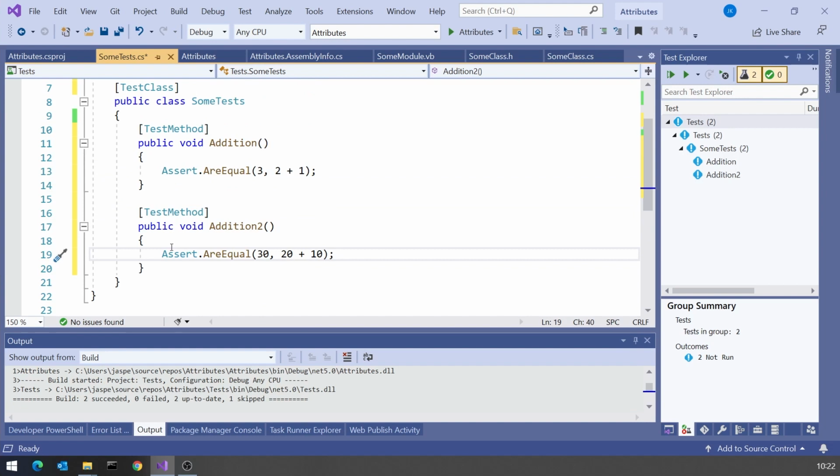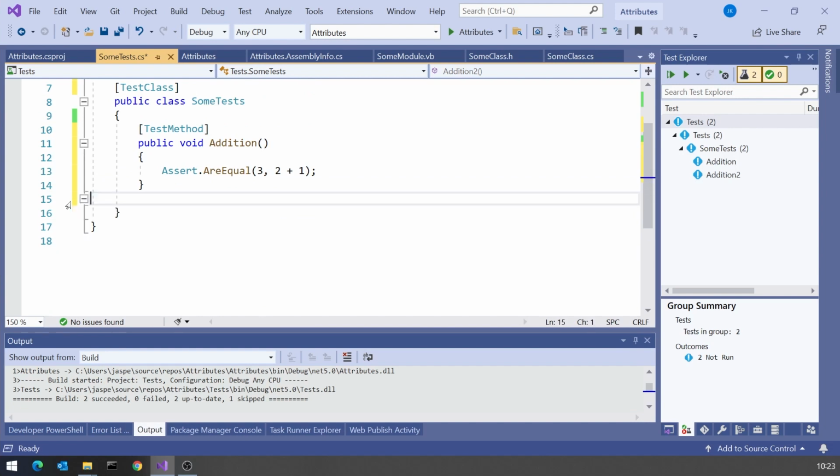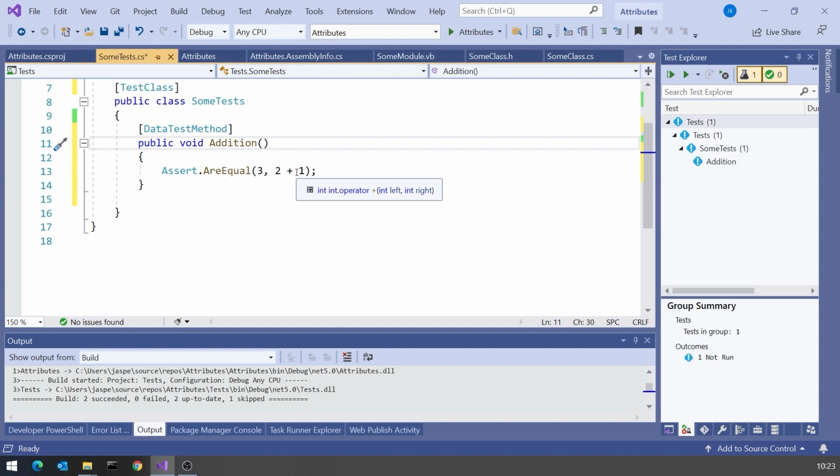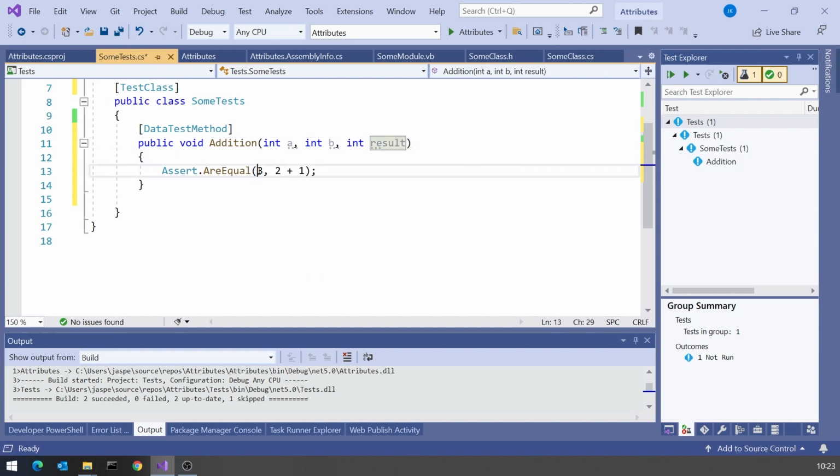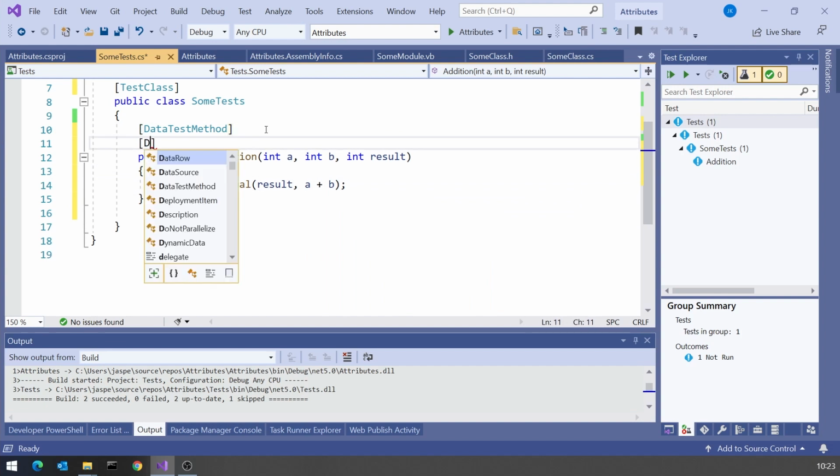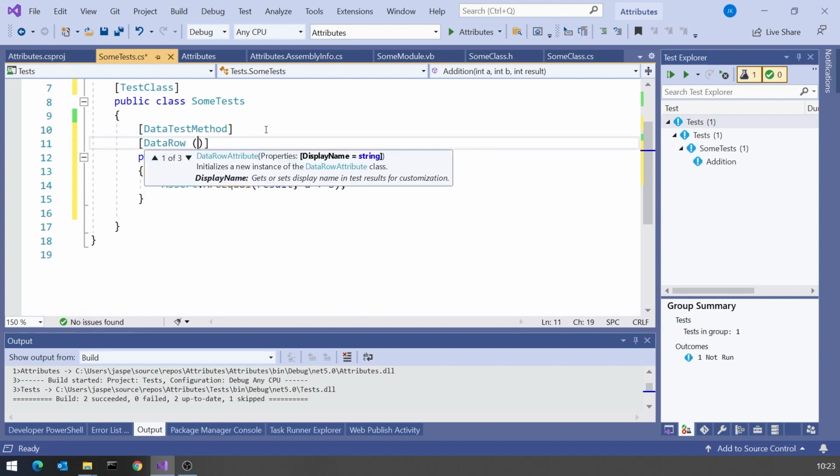So what we actually do is in all of these testing frameworks, we can have the equivalent of this. In Microsoft, we call it a data test method. And then we can have int A, int B, int result. And then we can simply have a test for result equals A plus B. And then we can provide as many examples as we like.